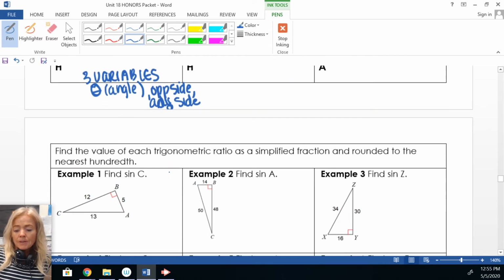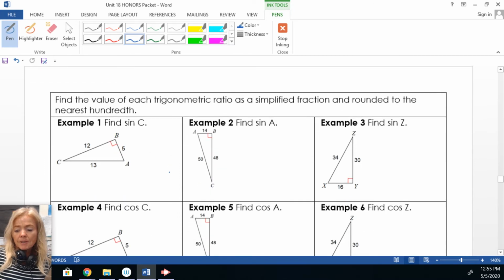Okay? So that's why we have 3 different ones, and you just have to remember which ones relate which sides, and therefore after looking at the triangle and analyzing it, that's when you can decide which of the 3 trig functions you need. Now at the beginning here, they're just going to ask you to find sine C, or sine A, or sine Z, or cosine, and so forth, and that's because I'm just trying to get you used to looking at the